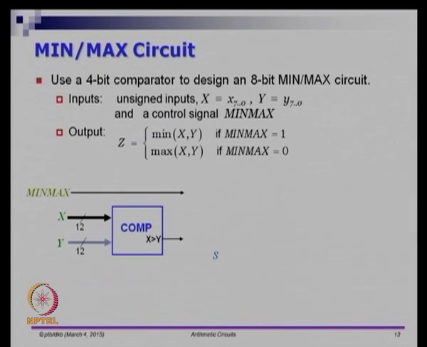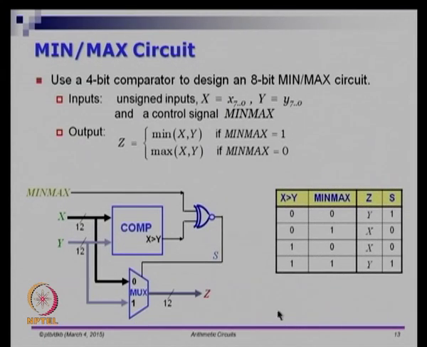So min-max is a control input, I give x and y together, and I get a single bit called x greater than y. So this will tell me whether x is greater than y, this is 1, and if either x is equal to y or if x is less than y, let us say this is a 0. Then I can give both the inputs to a multiplexer. So min-max should either pick x or y, right, even though it is either minimum or maximum, either way it is either x or y that is going to the output. So I will give that with this